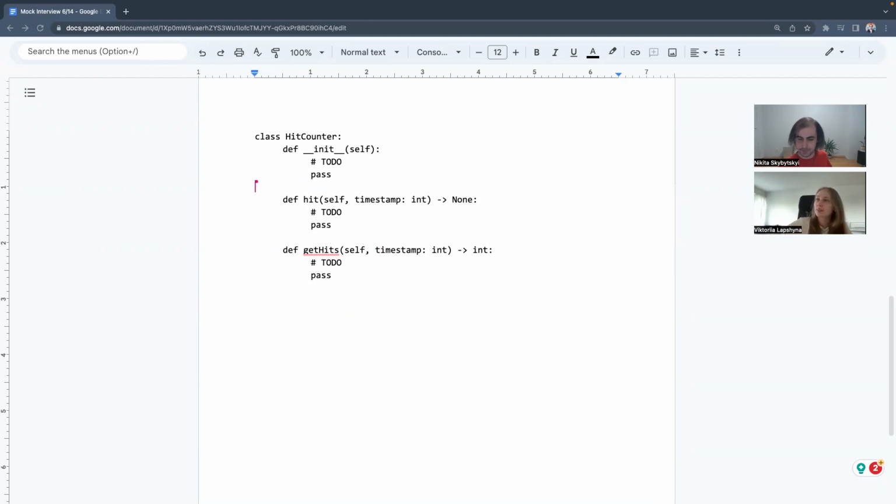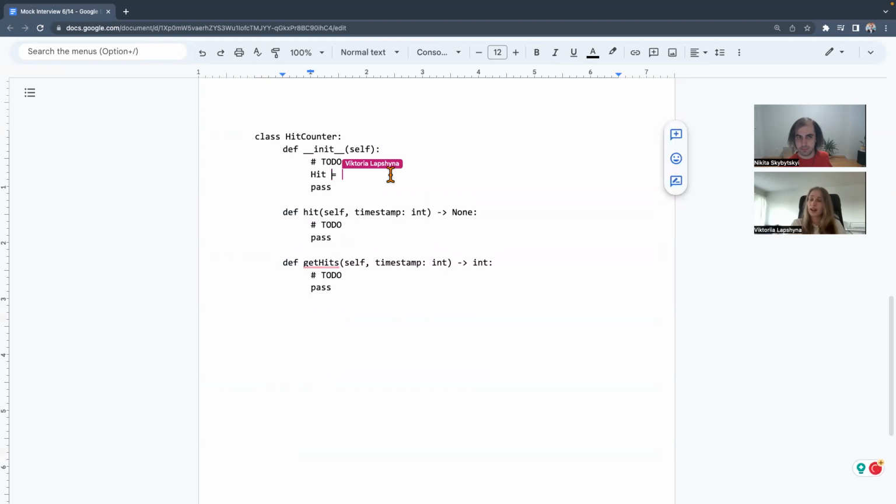Okay, so first of all, this function hit has to record hits. So we need to find a way to store it somehow. Maybe we will change it later, but let's say the hits are going to be stored in some kind of an array that's initially empty.